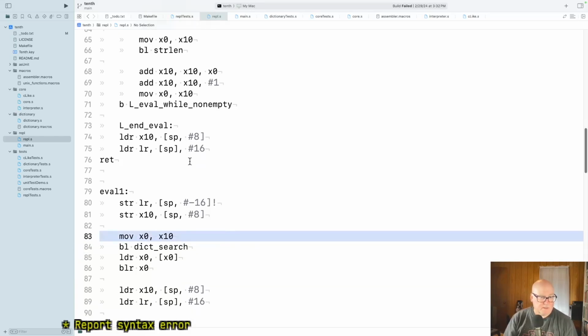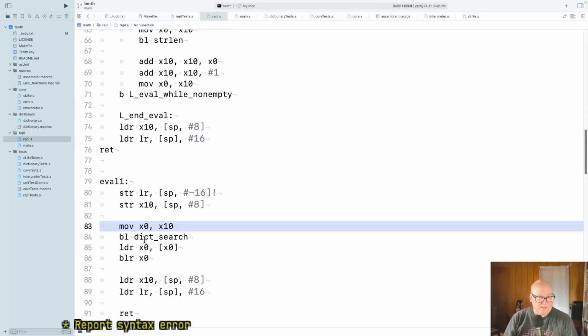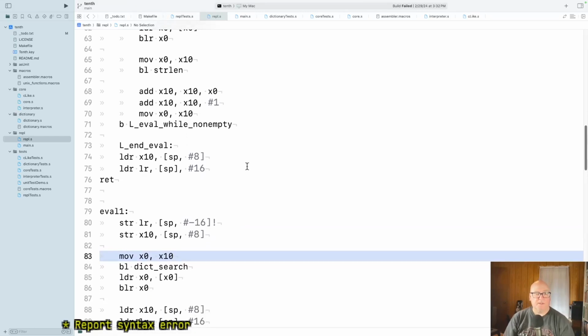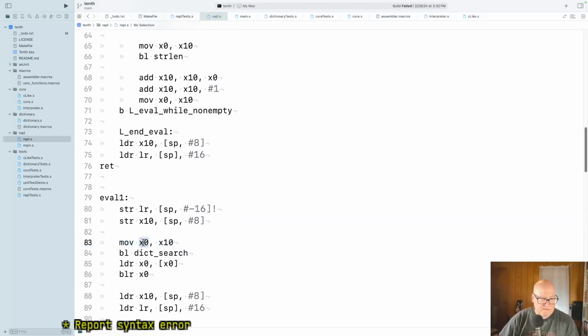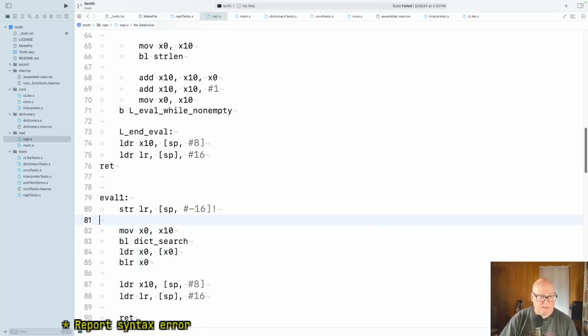Well, no, that's almost the job of the person calling us, isn't it? We should have x0 pointing to a string, and then we jump to it. Yeah, I'm going to extract and then put in the syntax error stuff. All right, so if x0 points, this thing has the job to search the dictionary for x0, and if it finds it, call the routine pointed to. Eventually, I think this bit will become a branch to start2D or something like that, but for now, this is fine. And then I think we need x0 coming in,